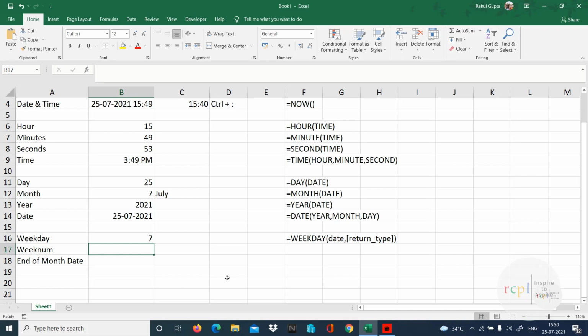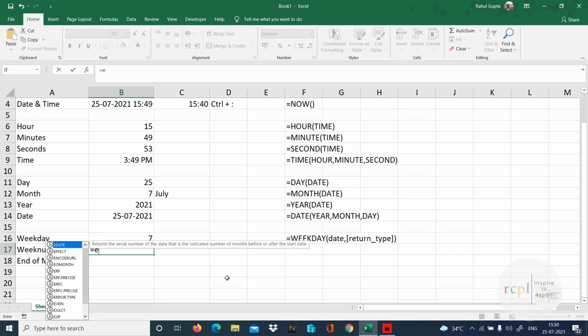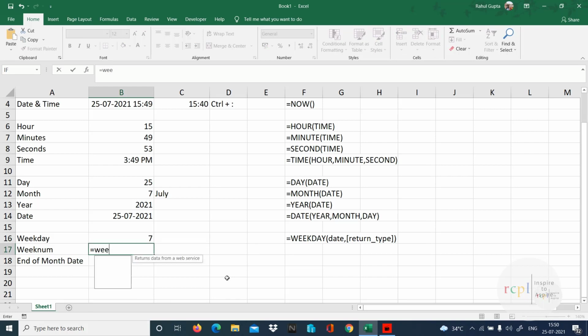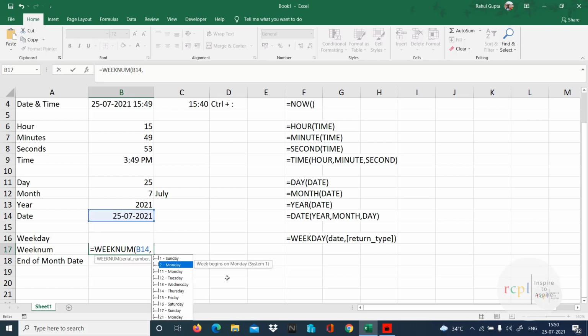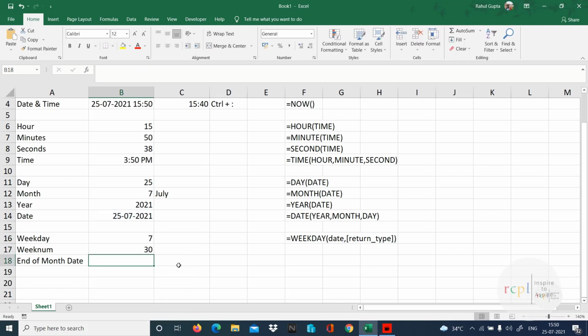So again here, whatever weekday we start from, we have to define. So again I'm selecting second number, that's Monday, from which I need to start my week. So the 30th week is going on, and if I check tomorrow, I'll get the 31st week because tomorrow I'm starting my next week.